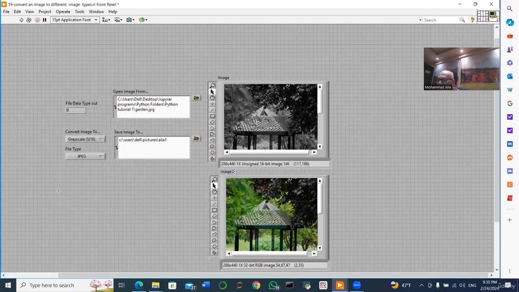So let me put it correctly now to U8, for example, and now without error, it is gray. If I put it RGB 32, it should work. Okay. Now if I go to pictures,